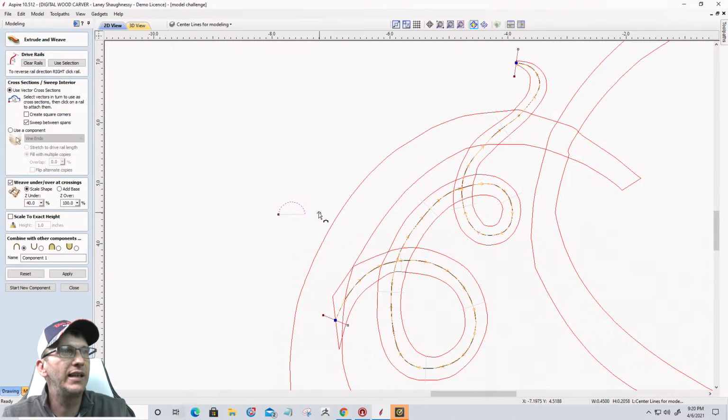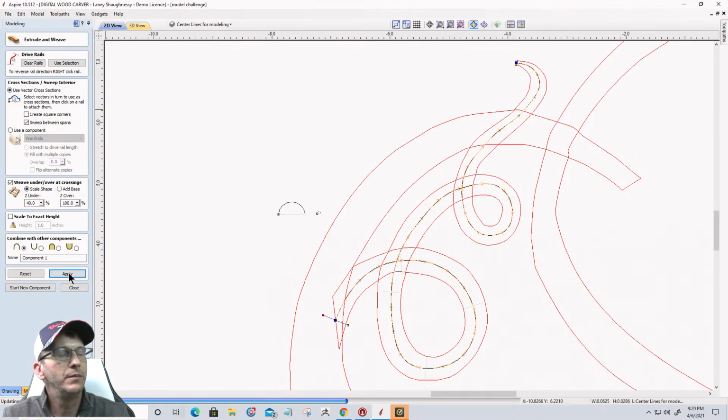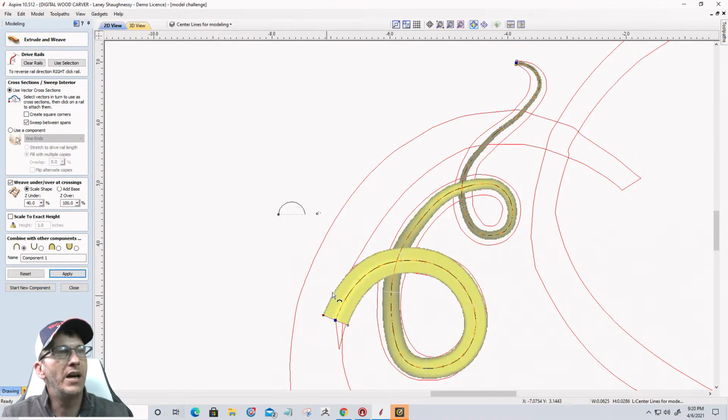But now I'm going to select this cross section and click over here. So basically I'm going from that wide all the way down to that narrow. And if I did that correctly, let's do my over under 40/60. If I click apply, I should end up with a model that gets smaller and smaller